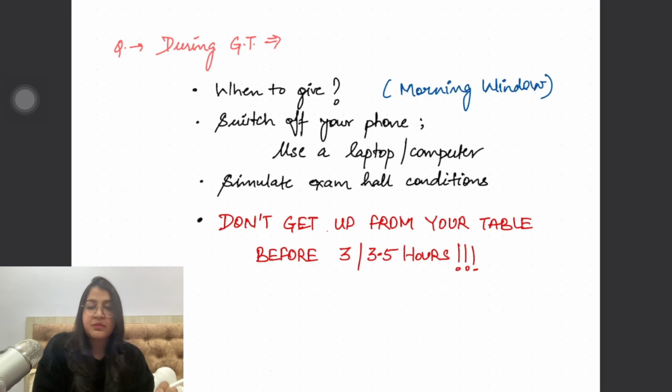Now during a GT, what you have to do? First you need to sit in a separate room. A room which is not your usual room, not your study room, or not a room in which you study generally, normally. So you can give a GT either in your library or in the reading room or in your parents' room. Please ask your parents, ask your friends to not call you, not disturb you. Sit down to give a GT during the morning hours. Okay, preferably 9 to 12:30. Otherwise 1 घंटा ऊपर नीचे भी चलता है.